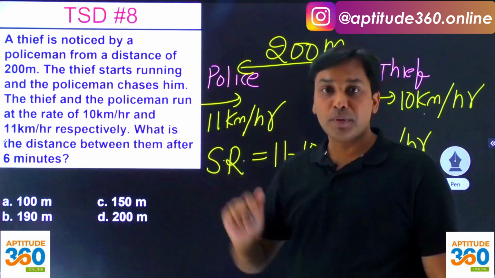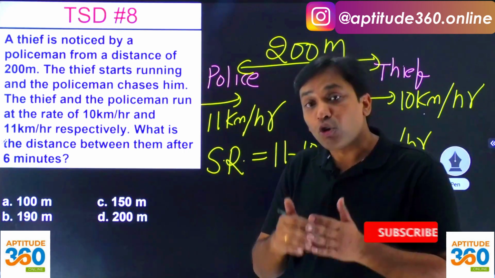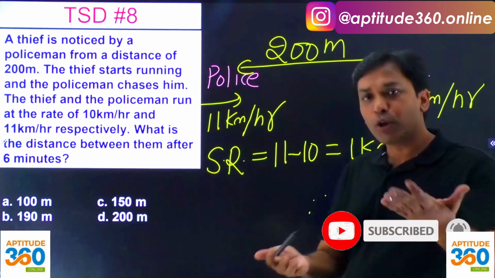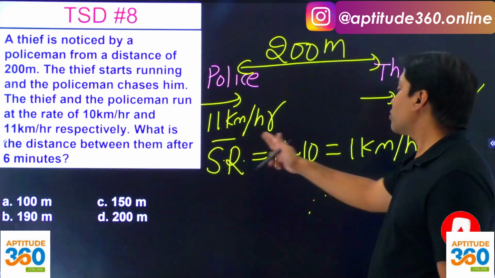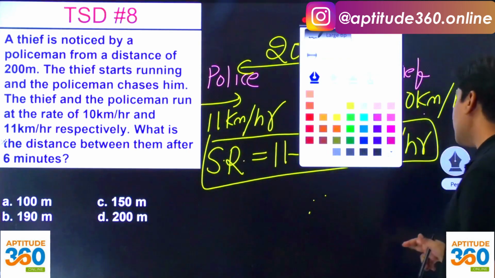पुलिस भागा 10 किलोमीटर, चोर भागा 10 किलोमीटर, पुलिस भागा 11 किलोमीटर, चोर भागा 10 किलोमीटर, तो 1 किलोमीटर का गैप वहां पे कम हुआ या बढ़ा, जो भी हुआ, बट देन दिस इज द इंटरप्रिटेशन ऑफ दिस राइटिंग: 1 किलोमीटर पर आवर इज द रिलेटिव स्पीड।